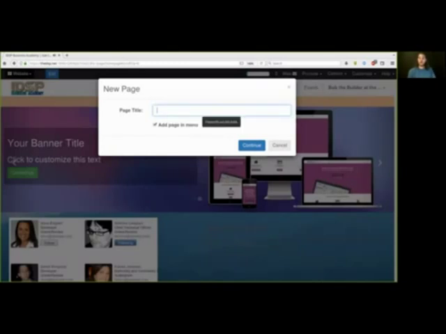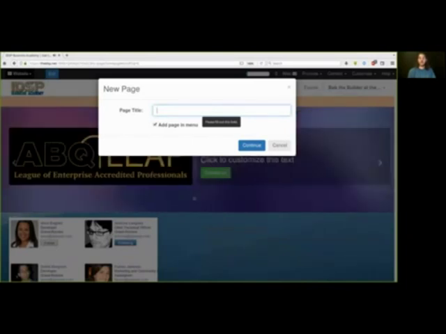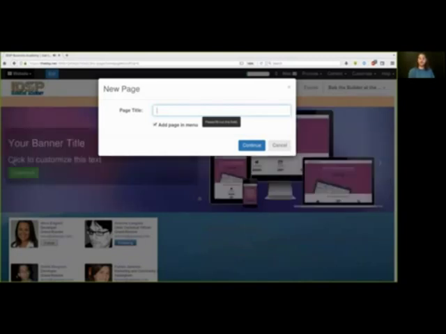And I suggest be basic with your naming. Consider keywords. It always helps. But potentially think that any page could be a landing page that you want to tell people how to get to, and kind of make that easy. So for example, if this is a services page you want to build, I would just call it services. And I'll type it. I'm not going to create a new page, but